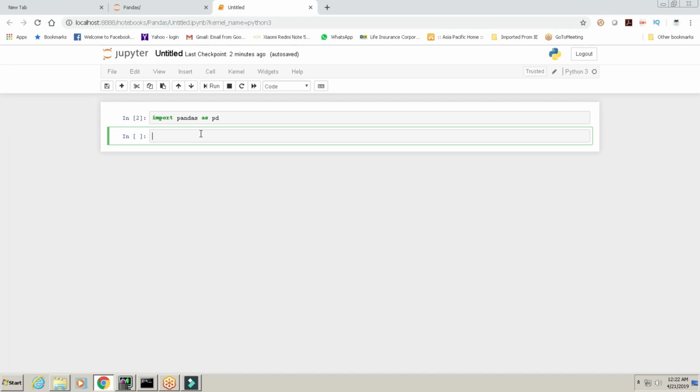In Pandas you can directly import or view a CSV or Excel file. So how to do this? Let's do this by df is equal to pd dot